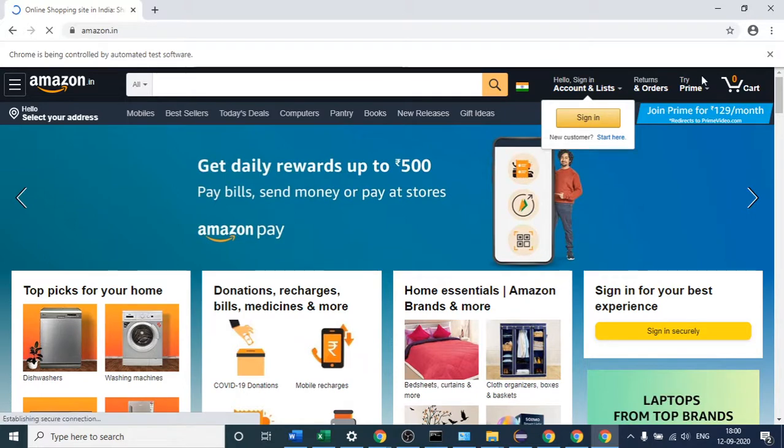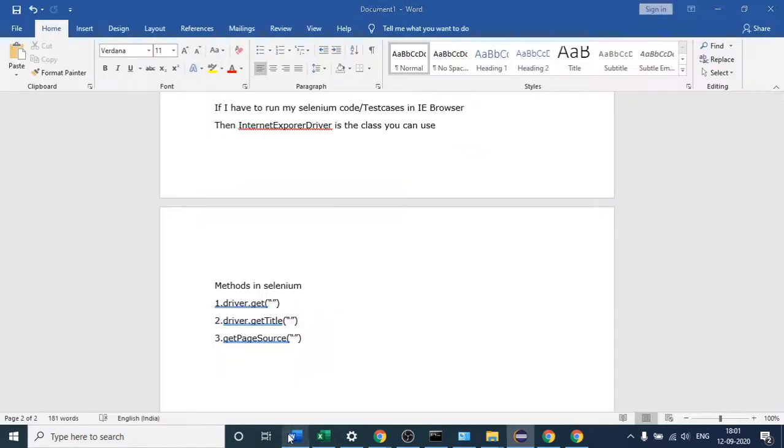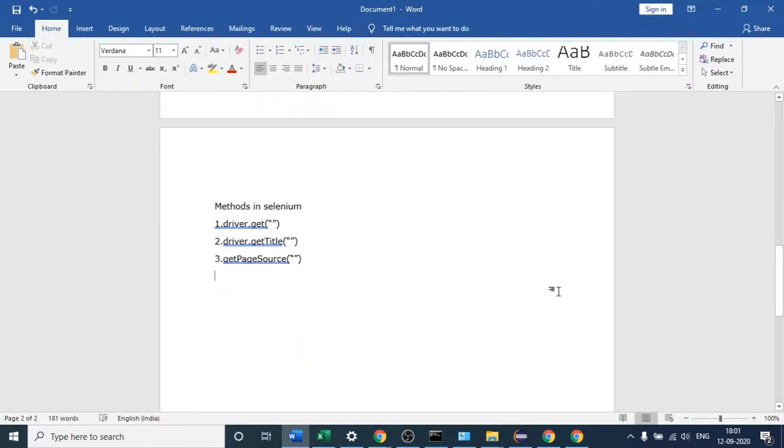So this way you can open this browser in maximize mode by writing driver dot manage dot window dot maximize, right? Let me copy this on my WordPad as well, so we have discussed this method. So this is also one of the methods.